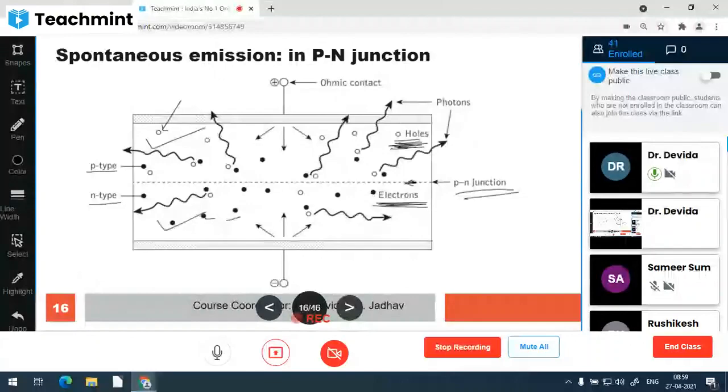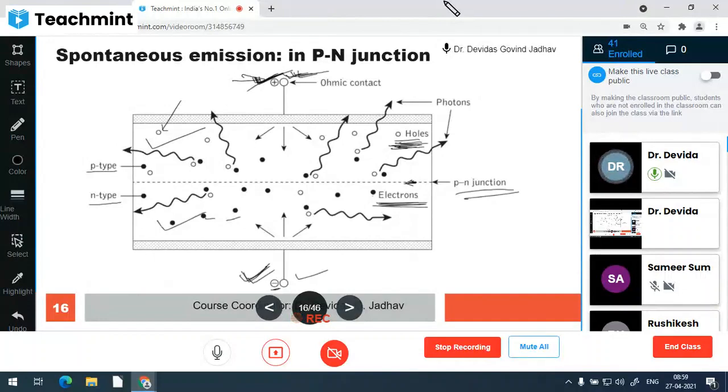But this particular junction or crystal is biased. For the N type, just observe at this connector, it is minus connected, and the P type region has the external connector where the positive of the battery is connected, isn't it? So this is the biasing. Positive is connected to the P region.